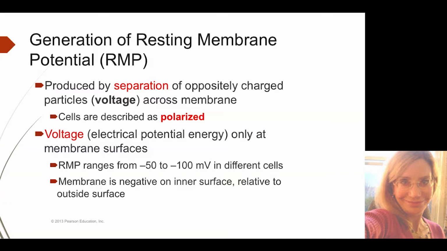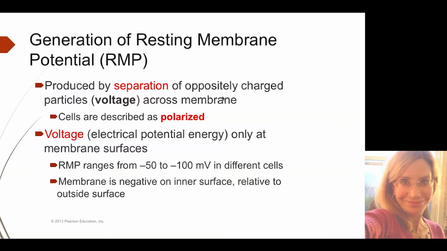With neurons, it would be the release of neurotransmitter that will send a message either through a sensory pathway or a motor pathway. With muscles, when that muscle cell receives the signal, it will initiate a muscle contraction. So, the resting membrane potential, RMP, is produced by the separation of oppositely charged particles, or voltage,